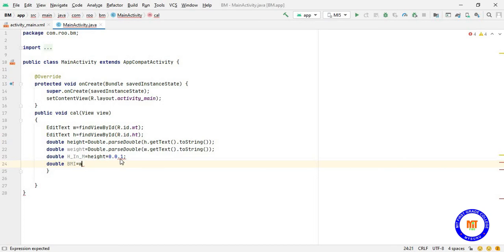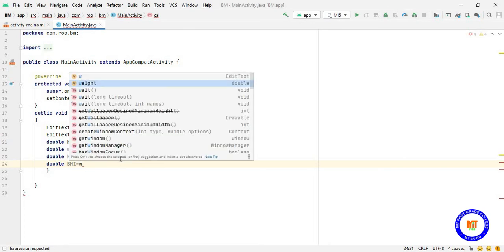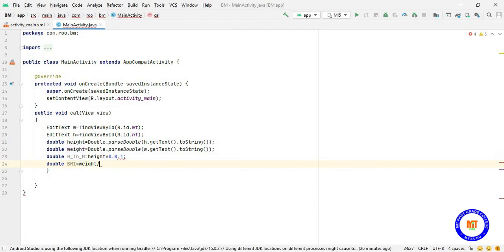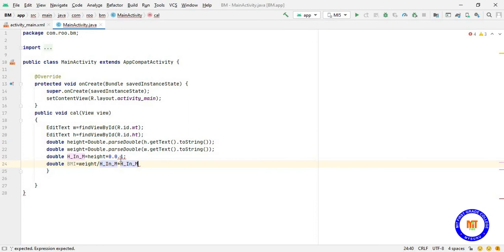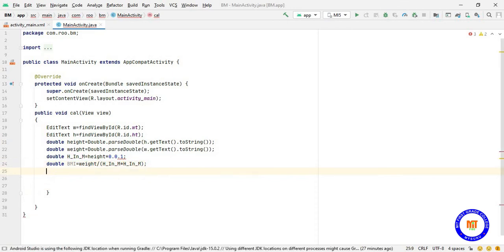So for that I'll take weight divided by the height in meter into height in meter. We'll keep this in a bracket. After that, I'll be calculating the BMI and tell the result using a pop-up message.